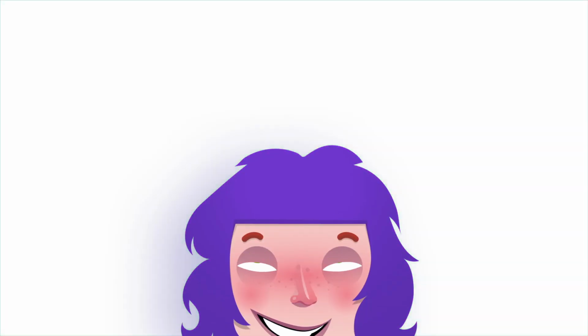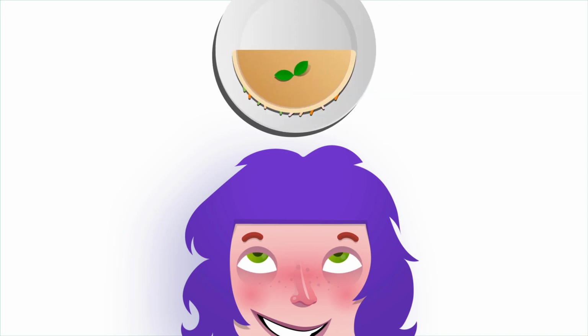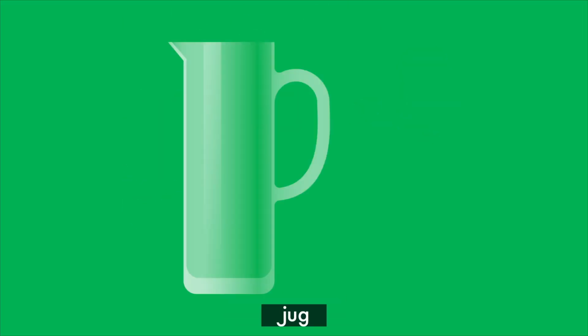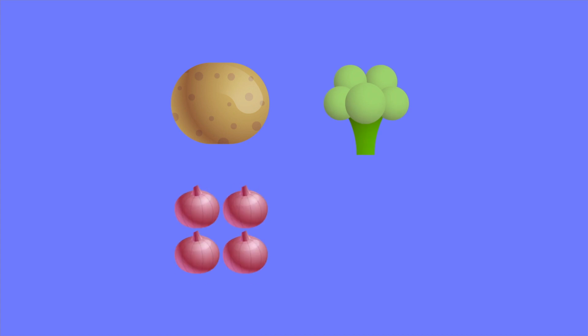Sue is thinking of a recipe. This is how she makes a Spanish omelette. OK, so I take half a dozen eggs and mix them in a jug. No, in a bowl. Then I take a potato, a head of broccoli, a few small onions and a small